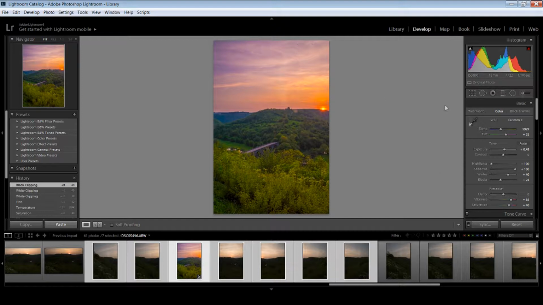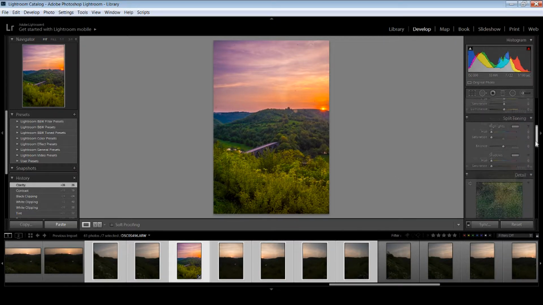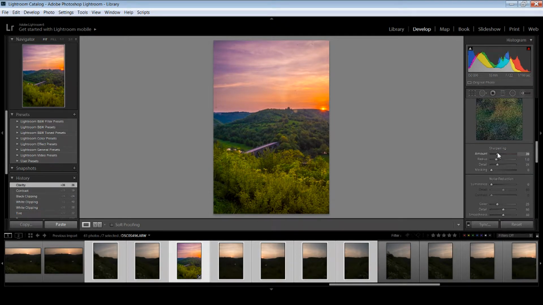That just gives a bit of depth to it, and I might just bring a bit more in the contrast and clarity. Clarity is nice because it kind of brightens parts up where the sun would hit. And then I'm just going to do a little bit of sharpening, just a little bit,